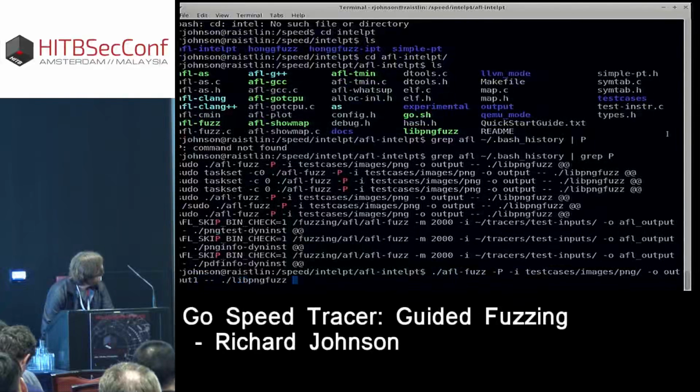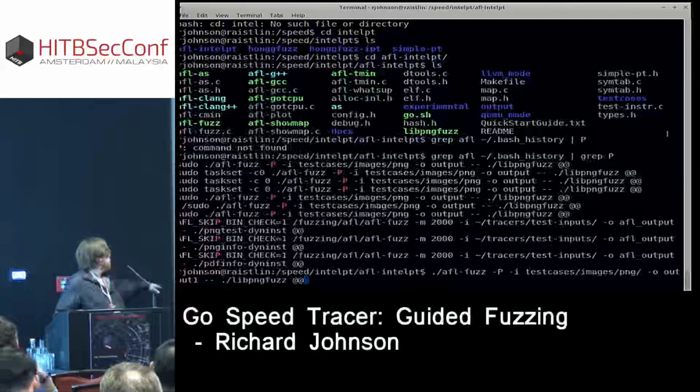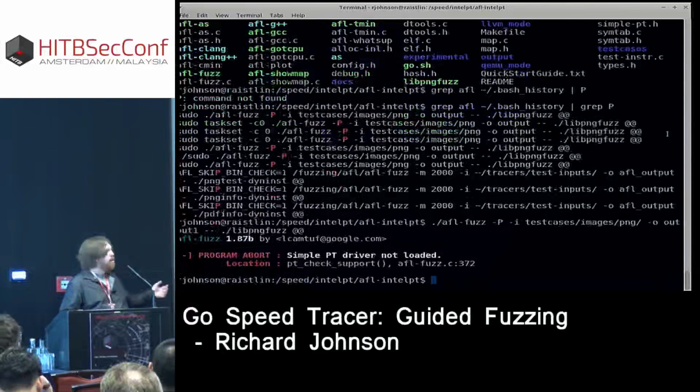Since I'm doing this really quick, this is not using the PNG test that we saw earlier. This is using a custom wrapper I wrote for libpng that essentially